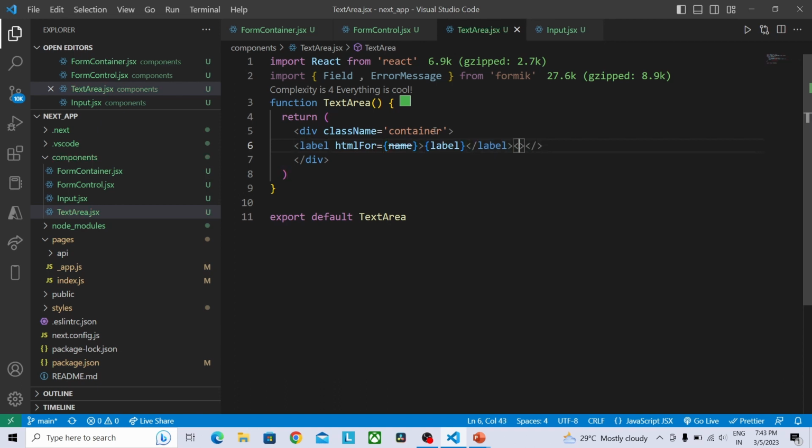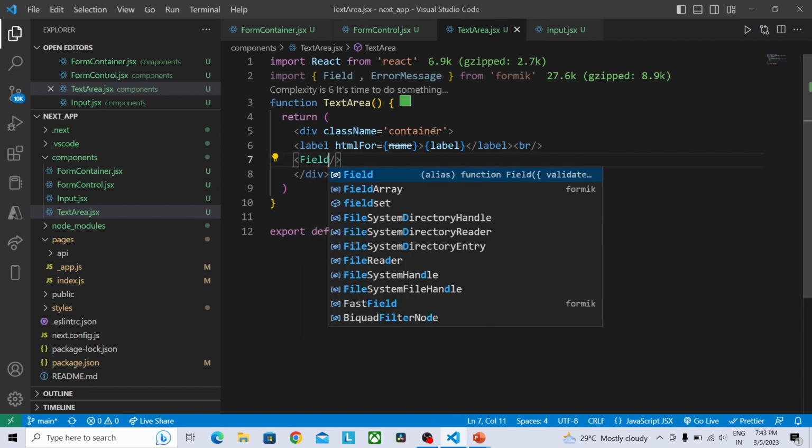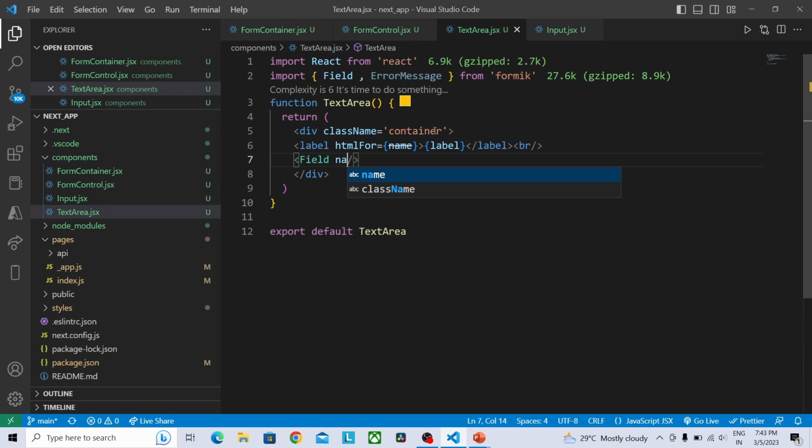Provide br. Next we are going to provide Field, and here also we have to provide the name variable. For id also we are going to provide the same name variable, and here we have to provide textarea as